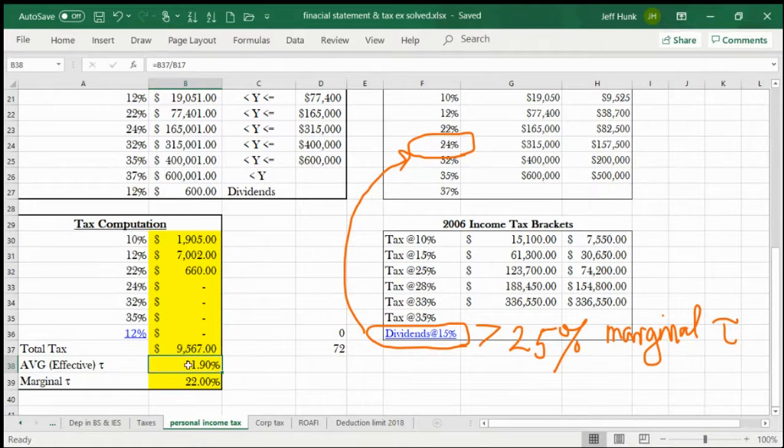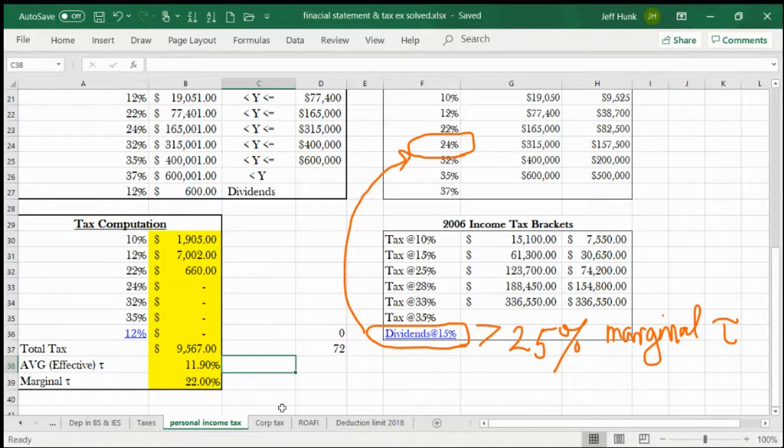But also, actually you're paying much less than your top tax rate, because previously you might have thought, oh, because your taxable income falls in this range, you must be paying 22. No, actually, by going through all of these, you're effectively paying much lower than your top tax rate. All right, so that's the example of the personal income tax case.